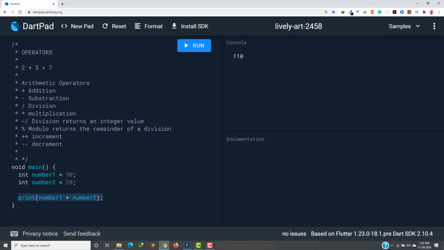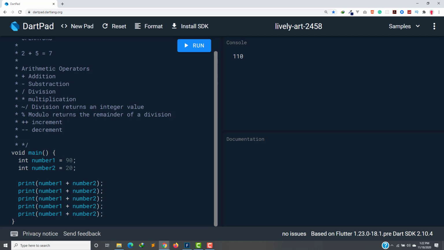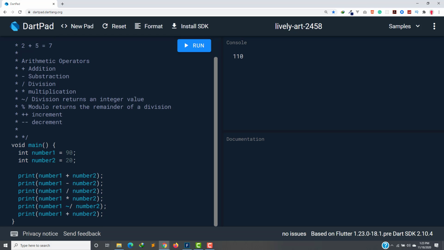So I'm going to copy this code and then change the symbol or the operator for each line of statement. So I change this to minus, I will change this to division, I will change this to multiplication here, and then I will change this to divide and return just the integer. And then let me paste another one here. We have the last one, which is the modulo. So when I run this code here,